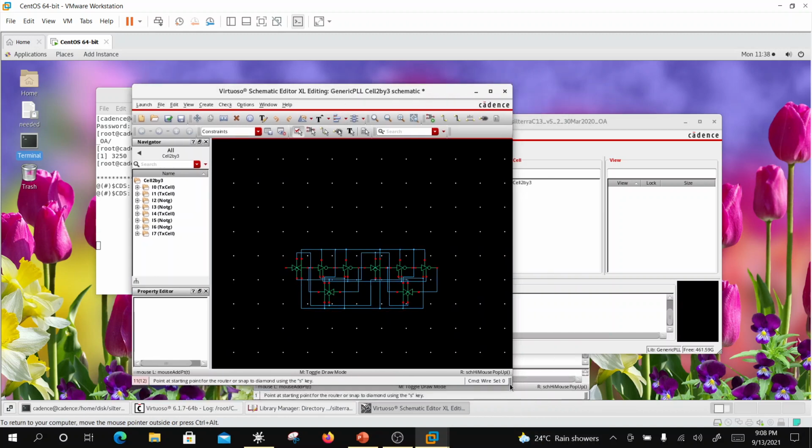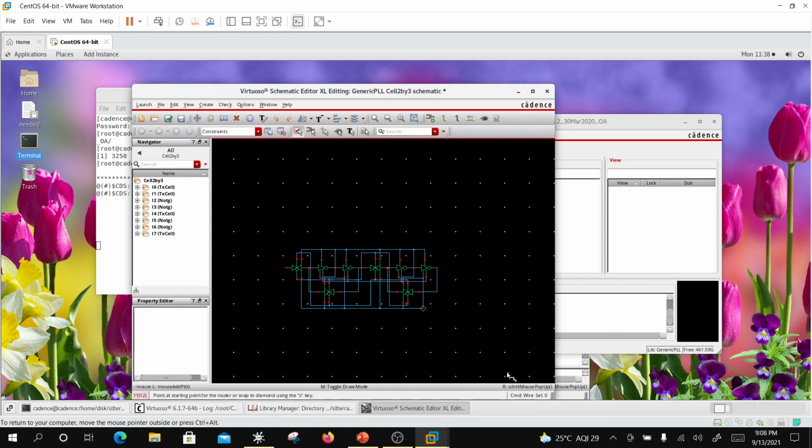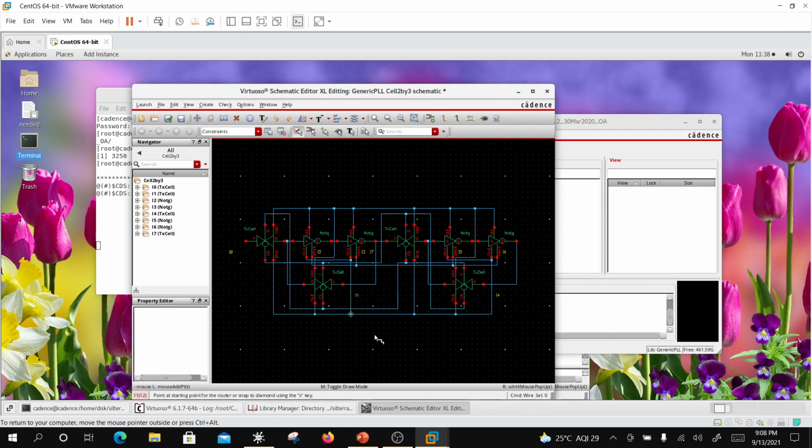So let's make it bigger so that we can see it. Okay, so one is a master, other is a slave. Now the question comes is, okay, so I have to put an AND gate here with the NAND gate with the inverter versus an AND gate, and then take the bar from here and feed it into here. Now, can I take a NOR gate and invert both the inputs to make an AND gate? Yes, I can do that, right? Okay. So one thing is that. The other thing is,